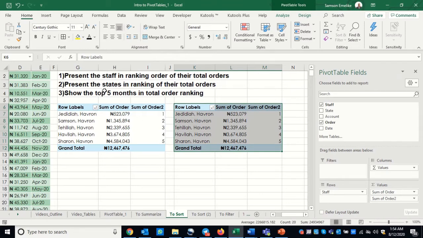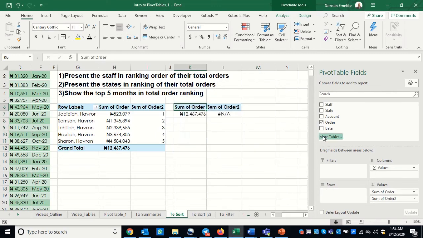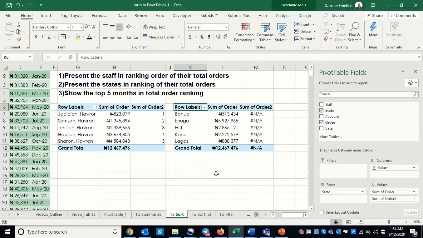However, my focus has changed from staff to state. So what I need to do is I take away the staff, bring in the state. Good. Now this is the state and these are their respective orders, which still total down to 12.4 million,